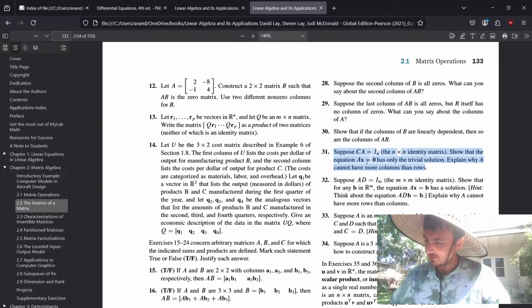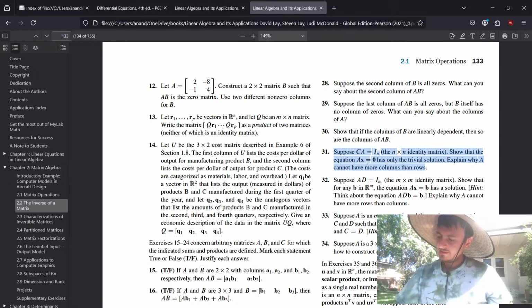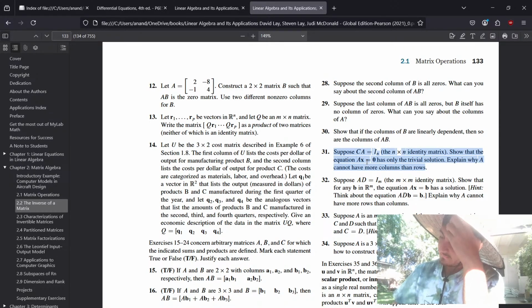Oh wait, this isn't going to work. C is n by m, and A is m by n. So then CA is n by n, and it's actually equal to the identity. If n were greater than m, then